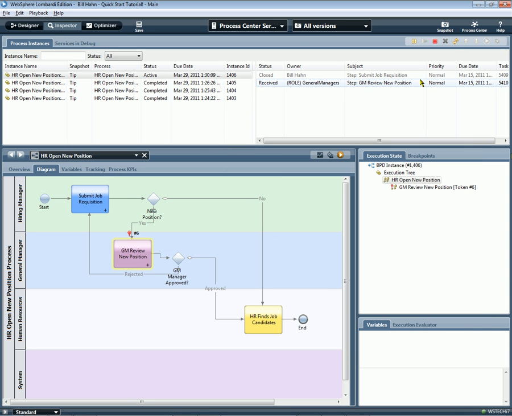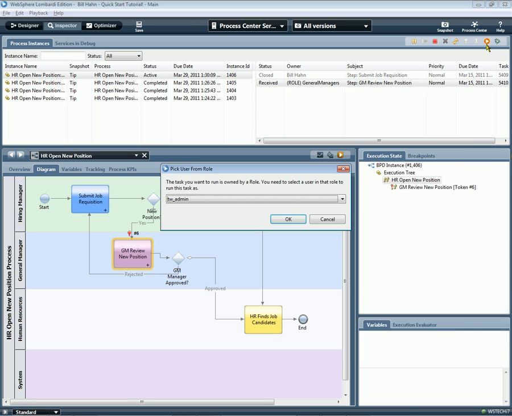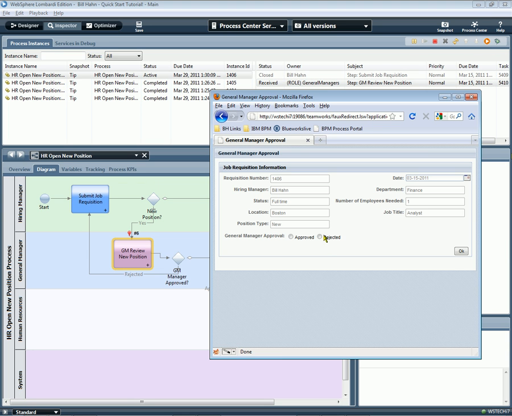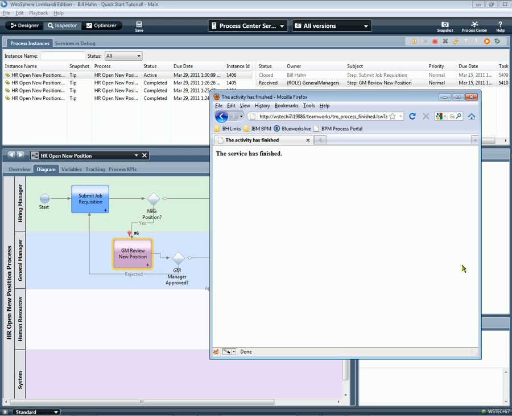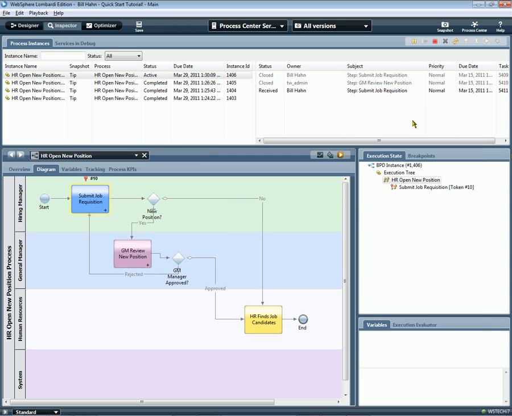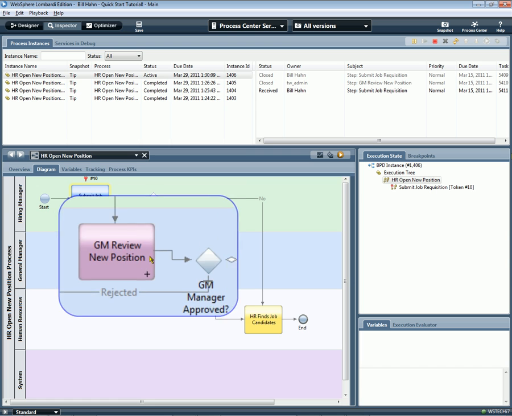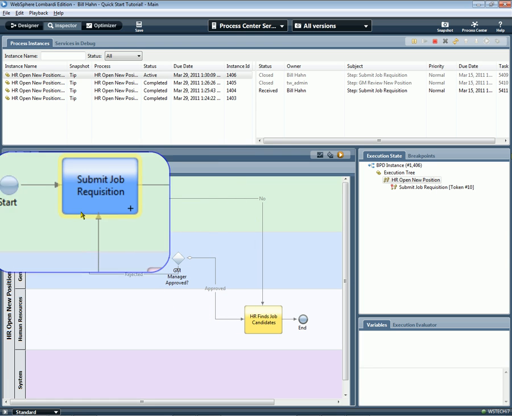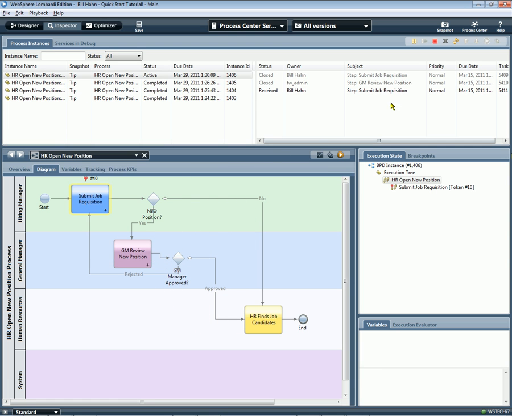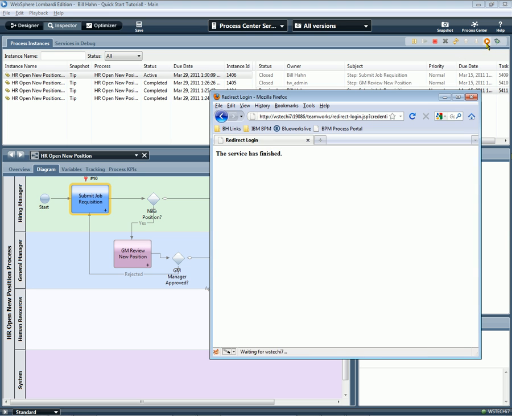And we can see that once the manager submits the request, it proceeds through the process. Because it was a request for a new position, the general manager needs to approve it. The general manager reviews that request, rejects it because it's a full-time request. And now we can see that it proceeded through the process and looped back to the beginning to the hiring manager. So now that we're sitting at the hiring manager step, let's see what we can do about